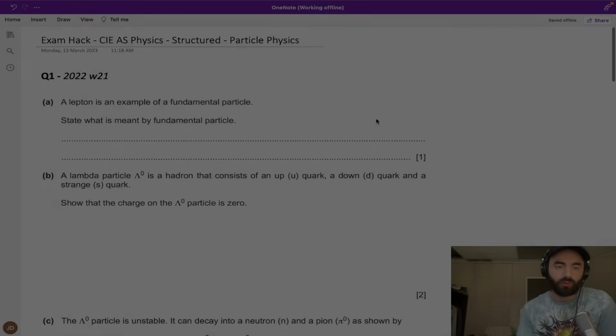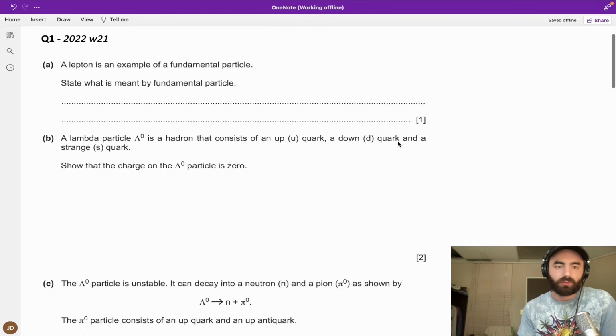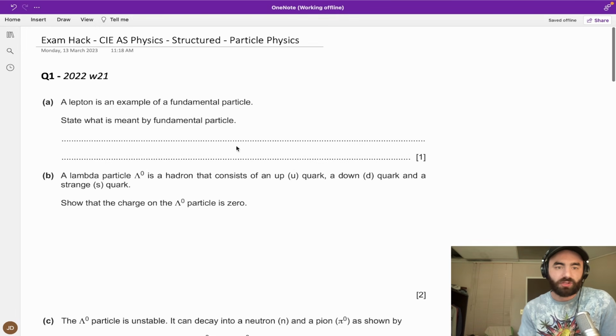Okay, so I'm just going to go through all of the questions from the most recent exam sitting, which was winter 2022. A lepton is an example of a fundamental particle. State what is meant by a fundamental particle. Well, like I explained before, a fundamental particle is just basically a particle